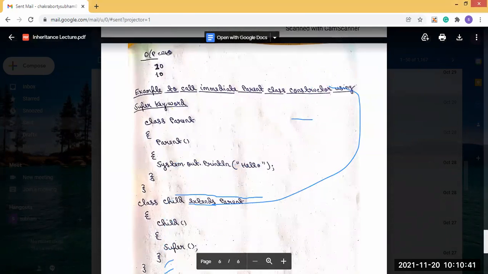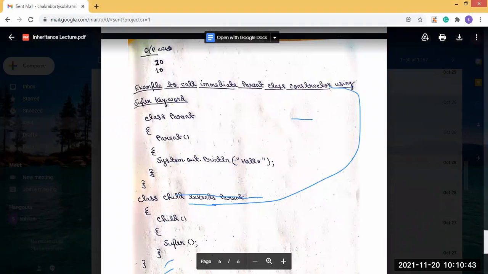Then we will see the immediate parent class constructor. So when the immediate parent class